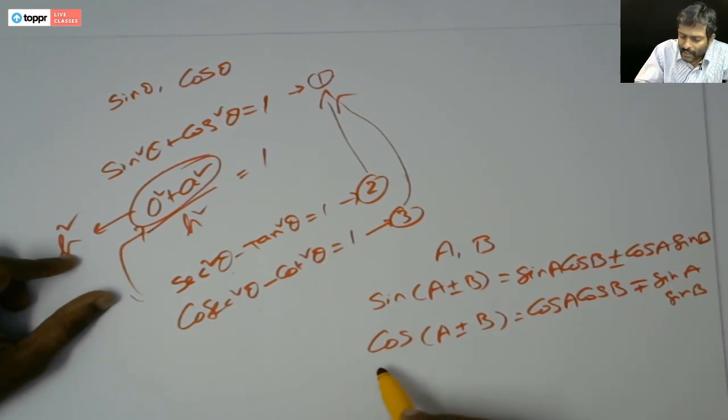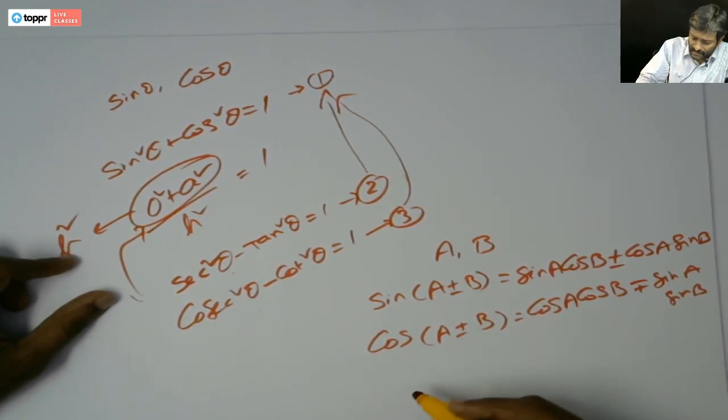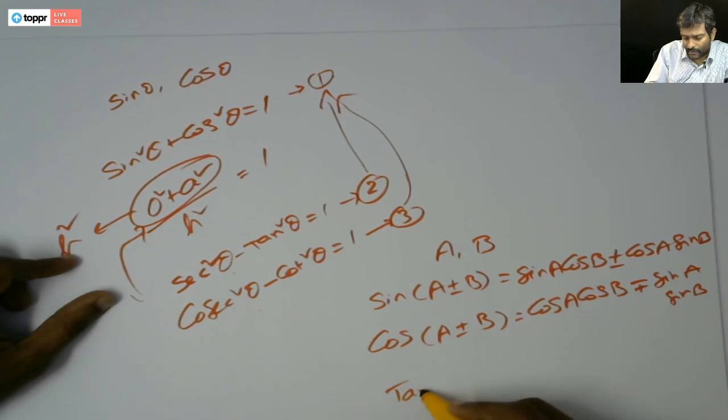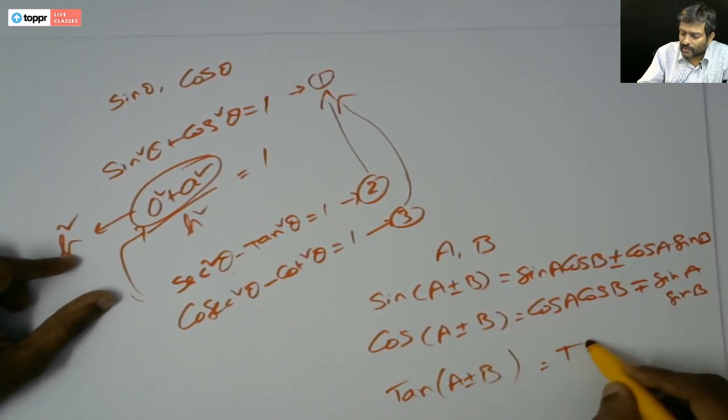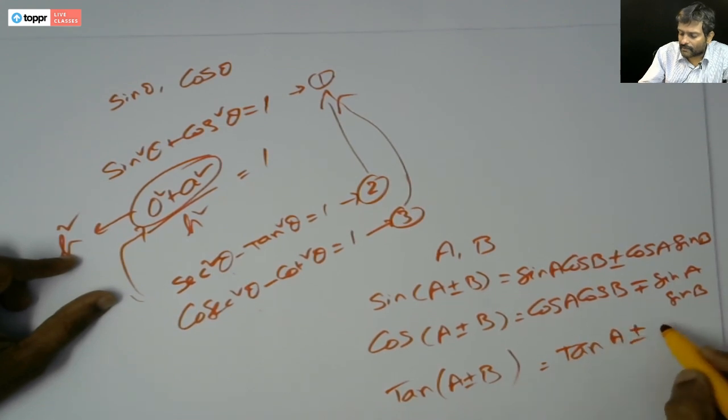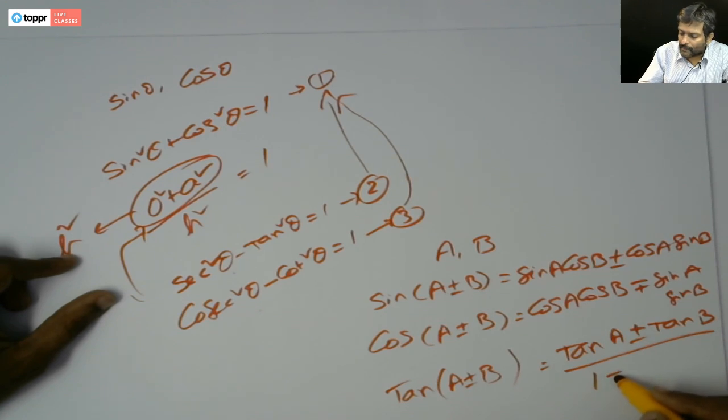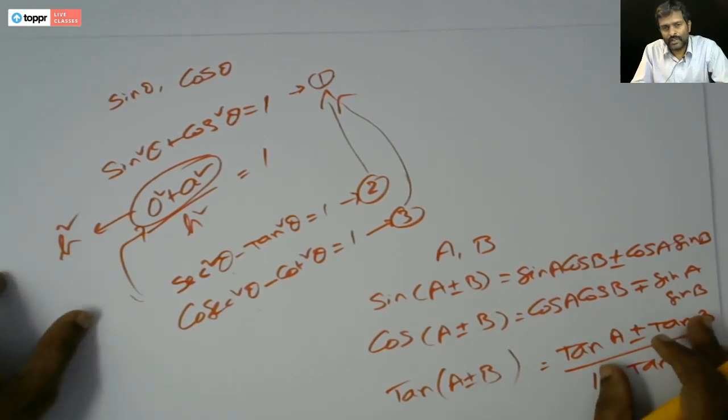This is one more identity which we use, and there is a formula for tan as well, but I don't think we are going to use it today. But let us have a quick look: tan A plus or minus tan B by 1 minus or plus tan A tan B. This is one more identity which we are going to use. Right, now